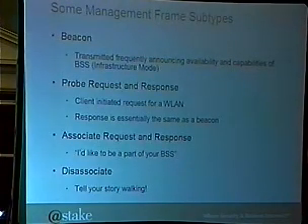Now let's talk about a sampling of some of the management frames that you'll see with 802.11. The beacon is transmitted frequently and announces the availability and capabilities of the access point or the basic service set. This is, of course, only in infrastructure mode. Probe request and probe response are two frames. The probe request you generally see from client stations, and these are client-initiated requests for a wireless network. The probe response is generally the same as a beacon. You have your associate request and response, and that's when you're actually telling the access point, I want to join the network, I want to be a part of the basic service set. And then disassociate, which kicks you off the network.